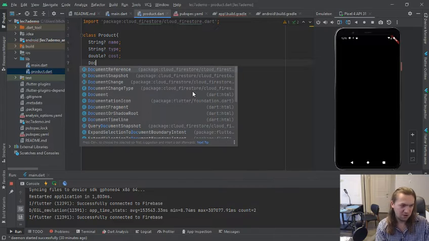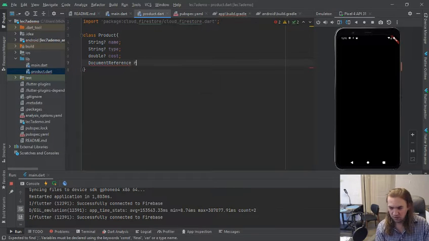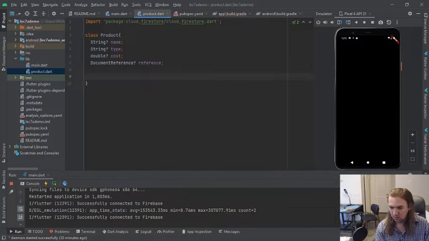And it's going to have a document reference called reference, and this is the unique identifier that we use to reference it. If we get a map, which is how a lot of databases are going to work, we're going to want to be able to convert. So from map,